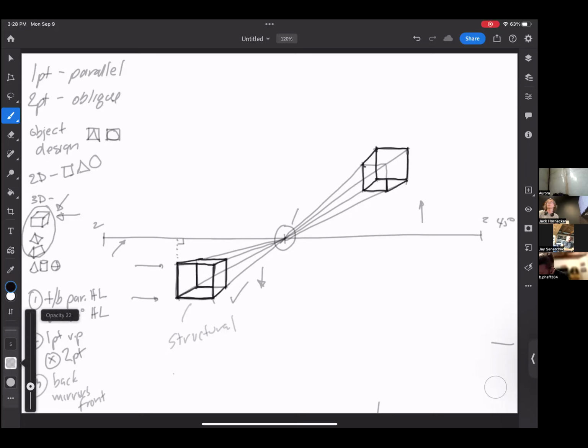If I wanted you to draw an object that was a little bit above the horizon line or a little bit below the horizon line, which I'm going to. Same process. Top and bottom parallel to the horizon line, vertical lines perpendicular to the horizon line. All four corners attached to the central vanishing point. Back face mirrors the front face. There's your transparent box.